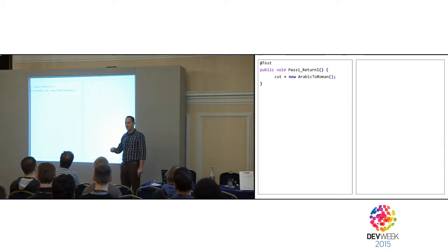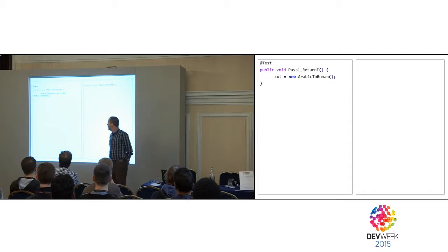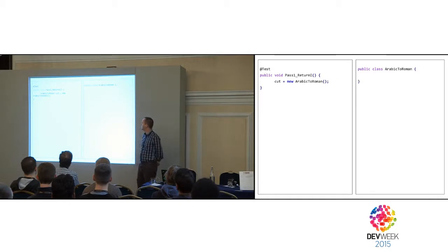I'll write the actual class with you. What will happen now? Compilation problem, right? No one has written this code yet. So the next step is to actually implement the class. Now I have the class and everything compiles, and the test actually passed, but it doesn't do anything important. So let's write the actual test, and you have to forgive me, I'm not writing the beginning, the initialization part, because it's too long, and I don't want you to break your neck.